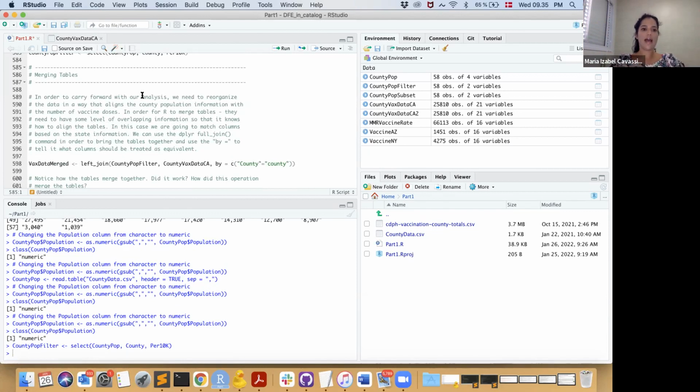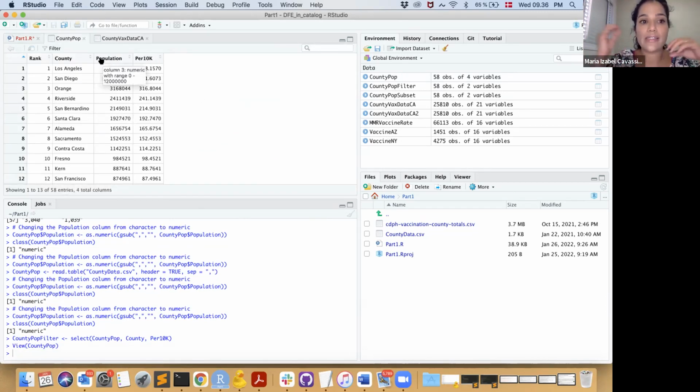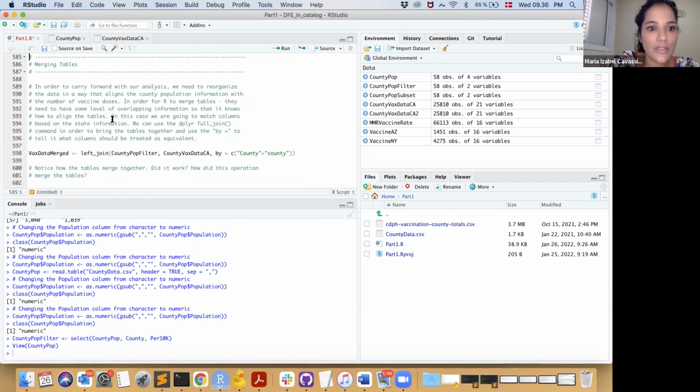Okay, so now we have county pop and the county vax data, CA, California. And like I said some time ago, there was one specific column that was coincident in the two different data sets, which is the county one. There are multiple ways one could merge them, but the one way that we have decided to do is based on this function in